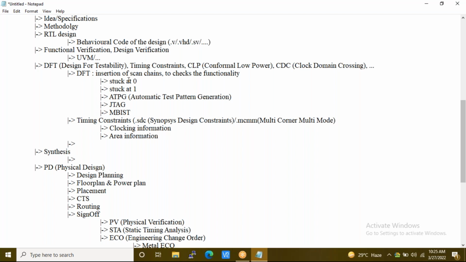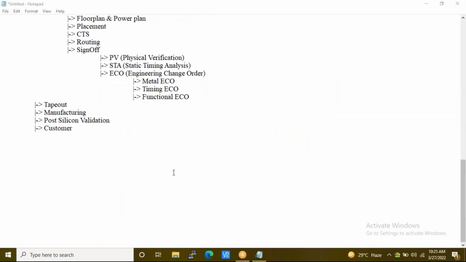Now, when we are talking about behavioral code, each and every functionality will be defined in a module. Let's say for an AND gate, they will write a code like module and, y equal to a and b. How many pins are required for an AND gate?